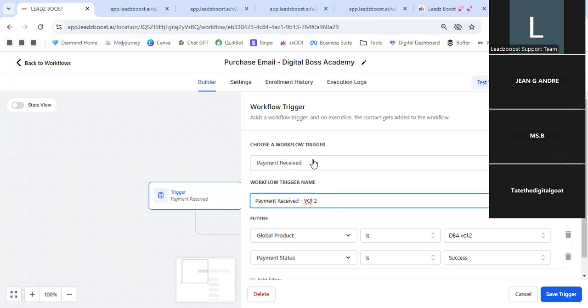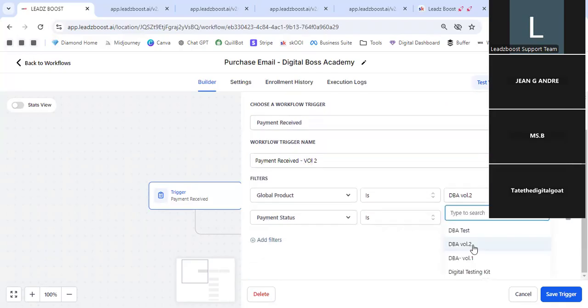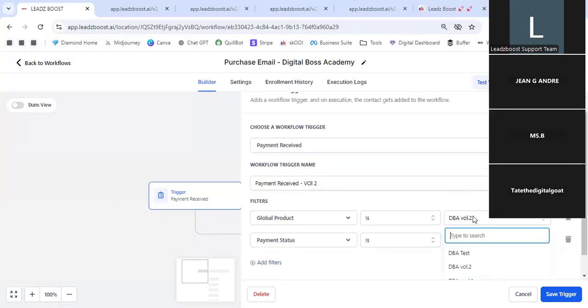So payment received. And then this here says, for what product? What product did you receive a payment for? And it's gonna say the product is, and you click the button and choose the product. If this was for the digital testing kit, I would have chosen that product. For y'all, it'll say product is, but it won't say the product, so you have to click on it and choose your product. And then, I received the payment for this product,